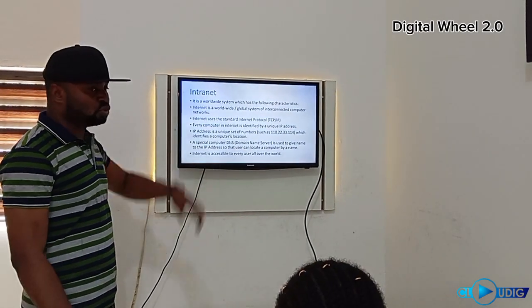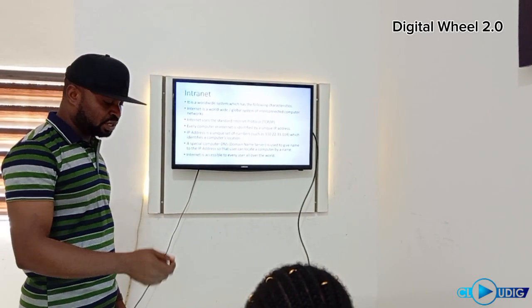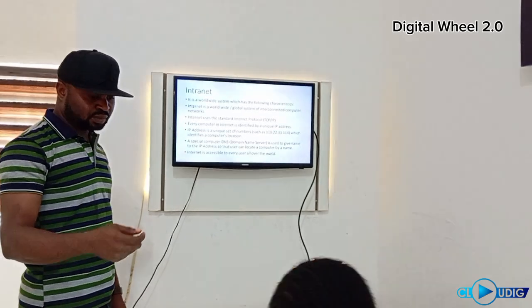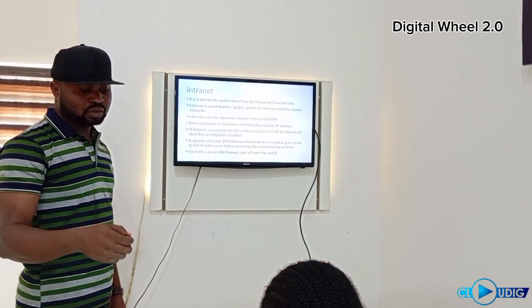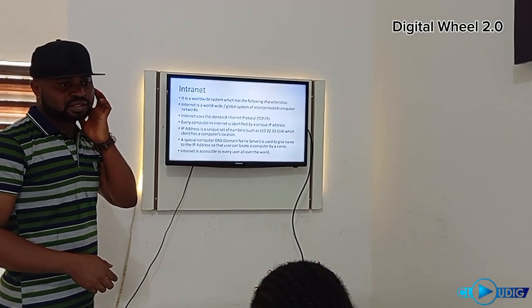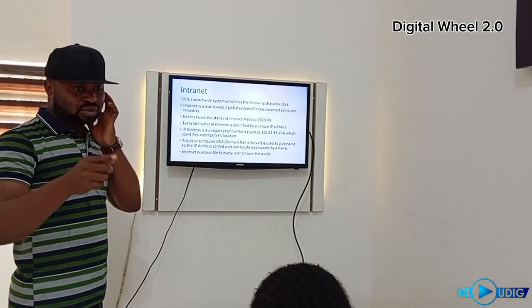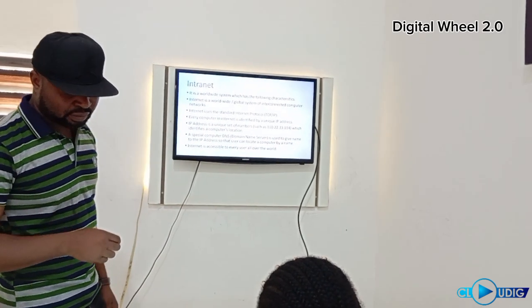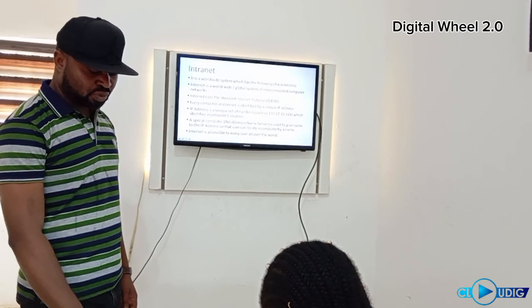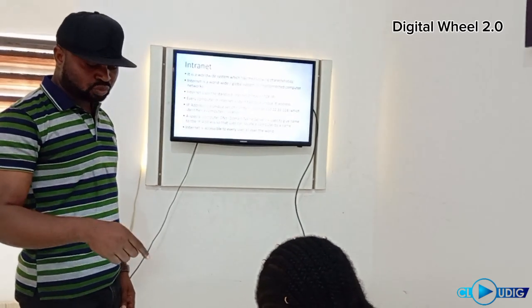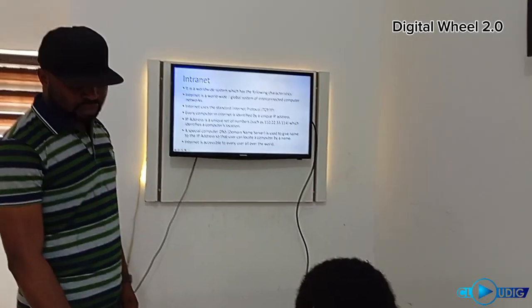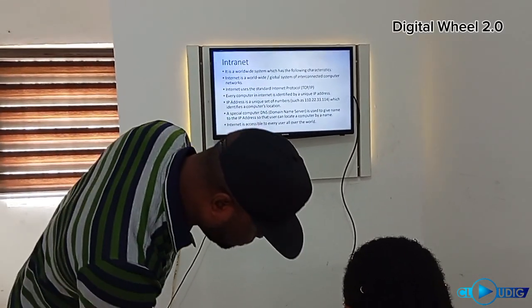So for you to be able to connect or ask for resources, if you are online, go on Google now and type my IP address. Take your phone, go on Google, type my IP address, so you see your IP address. Every phone has an IP address online. For you to be able to see other resources, you must have a protocol. And that protocol is what? The IP address. So if you type my IP address and click on the link, you will see